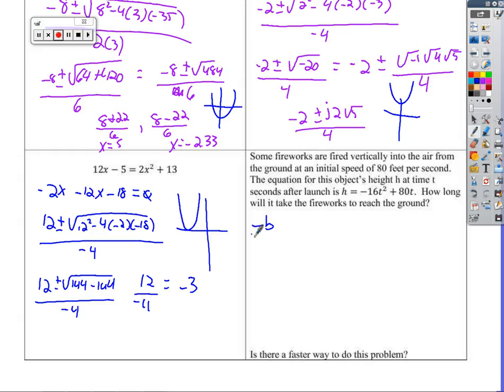So negative b plus or minus the square root of b squared minus 4ac all over 2a. Well, in this case, I only have an a and a b. So I'm going to have negative 80 plus or minus 80 squared minus 4